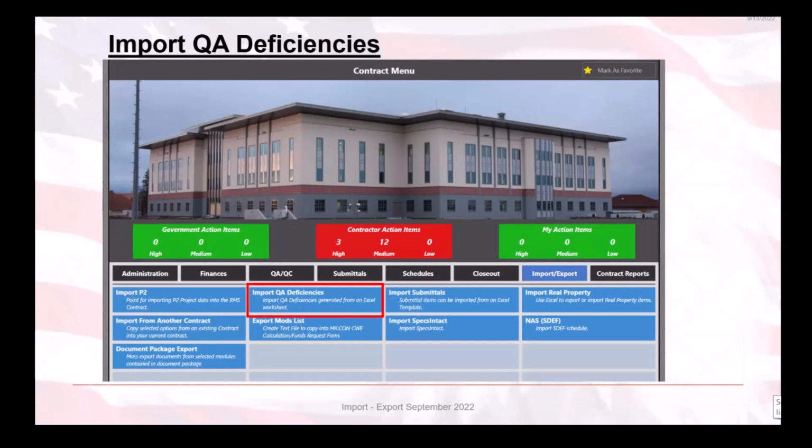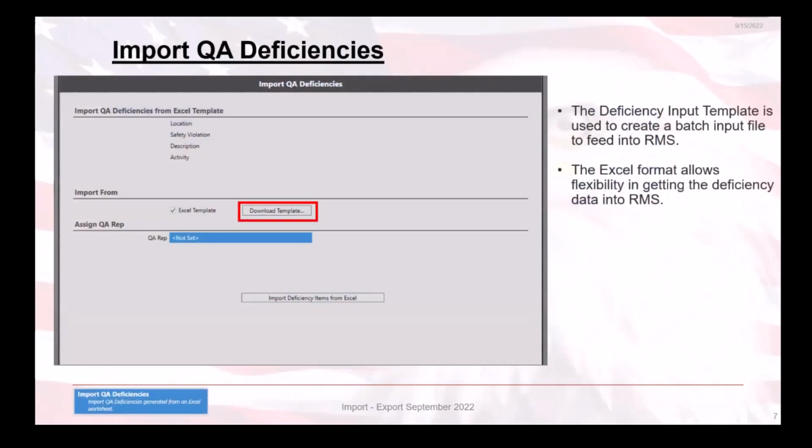So let's move on to the Import QA Deficiencies module. Now, when manually entering many QA deficiencies is not an efficient use of time, the Import QA Deficiencies module provides the ability to import large numbers of deficiencies with the use of a batch input file. The deficiency input template, which is in an Excel format, is used to create a batch input file that gets imported into RMS. The Excel format gives the users the flexibility of getting multiple deficiency data into RMS at the